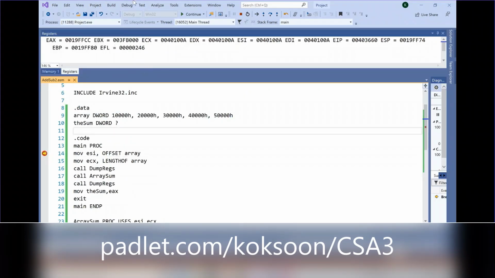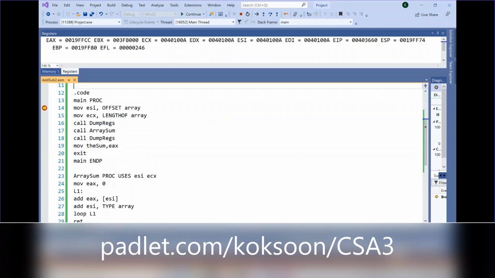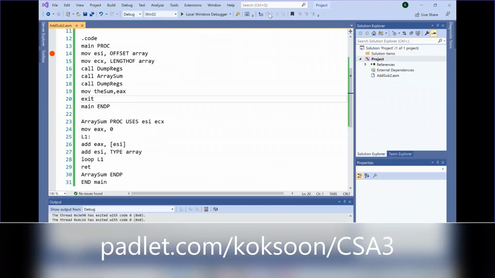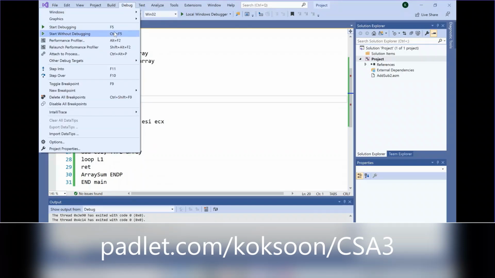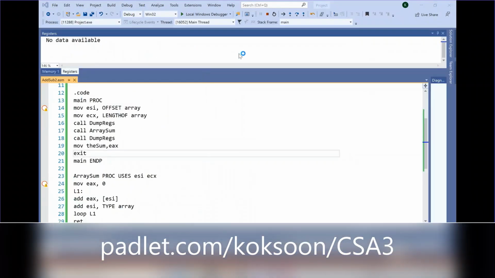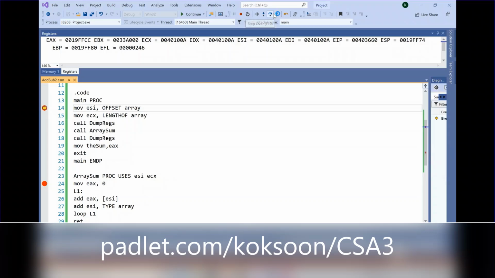Okay, let's start over again. Then let's try. I'm missing the dot here. So let's do it again. Start debugging. Okay, then I go into